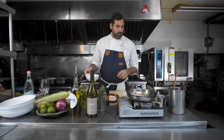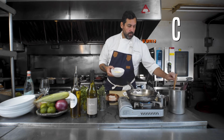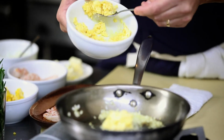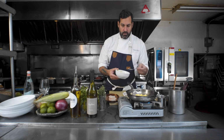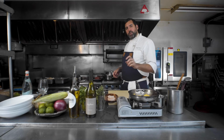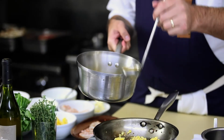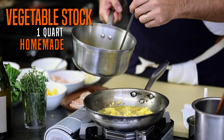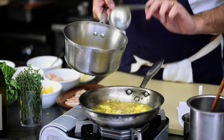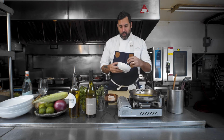As you see here, this is grated corn. And once we cook the corn, probably after 2 minutes, we are gonna add vegetable stock. I like to put a little bit of saffron, just to give it a little bit of color and also smokiness. Once this starts boiling, we are going to add